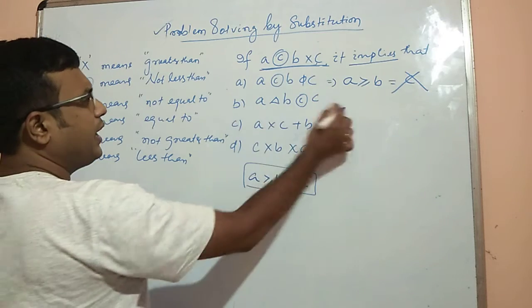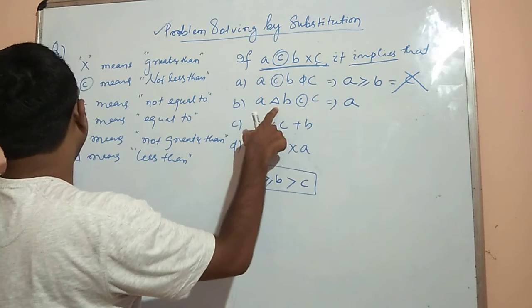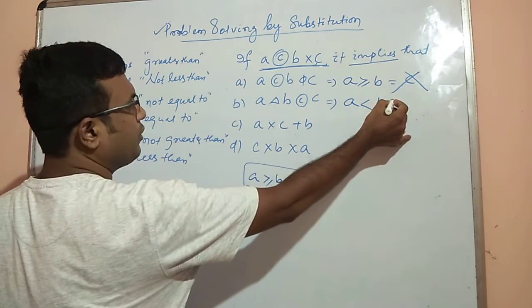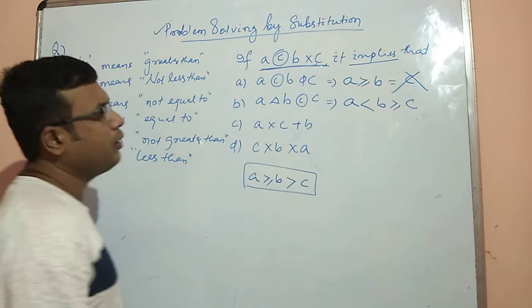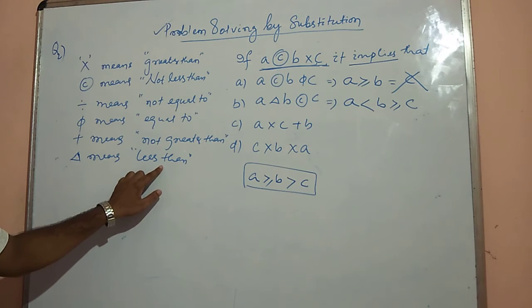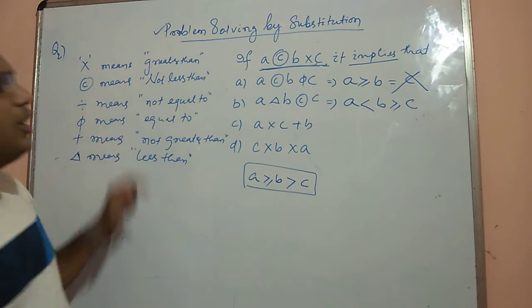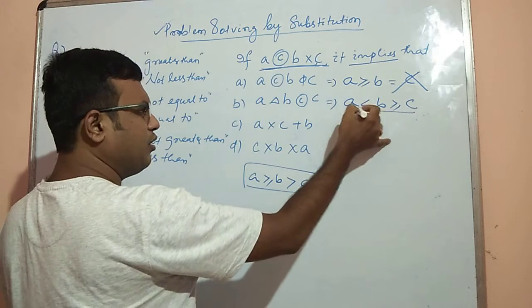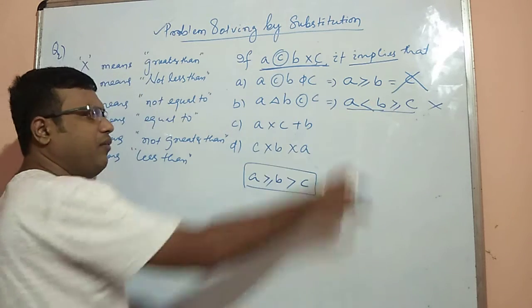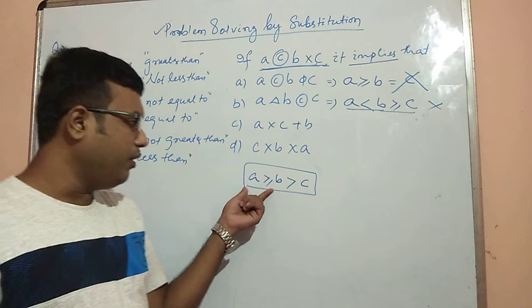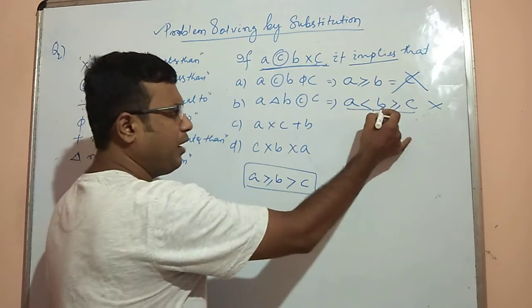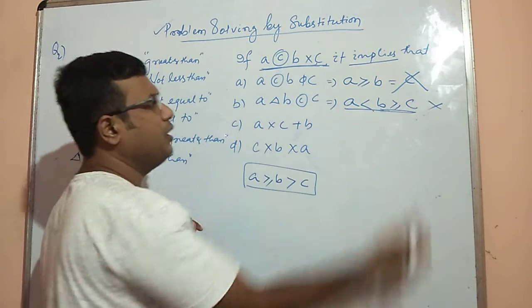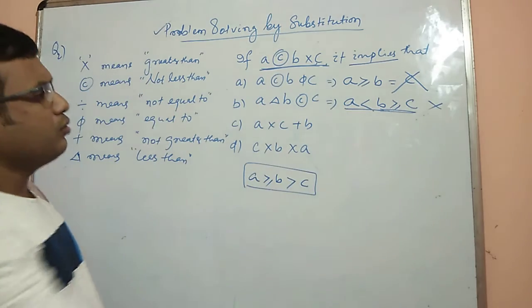This one is cancelled. So second one, that implies that A triangle. Triangle means less than. Then B copyright. Copyright means not less than means greater than equals to C. A triangle means A less than B. Then B copyright means not less than, that means greater than equals to C. So here this may be satisfied, but this part is not satisfied. First part is not satisfied. Completely given that A less than B, but it is given that A greater than equals to B. I think second part may be satisfied. That means we may take B greater than C. Right? The first part is completely not satisfied with the question. So this one is cancelled.